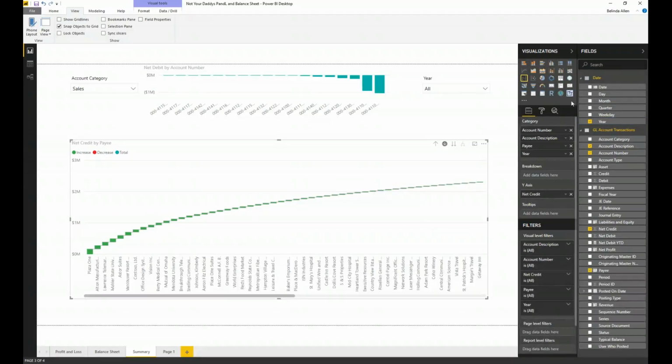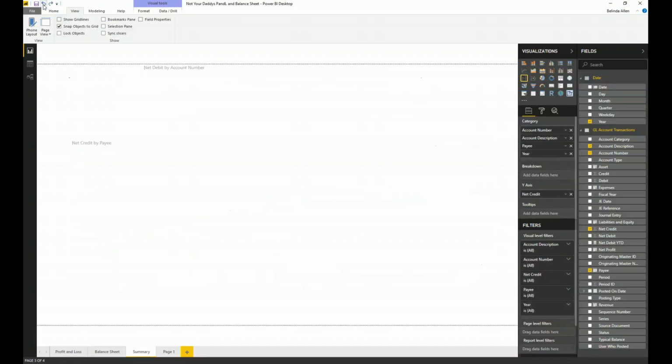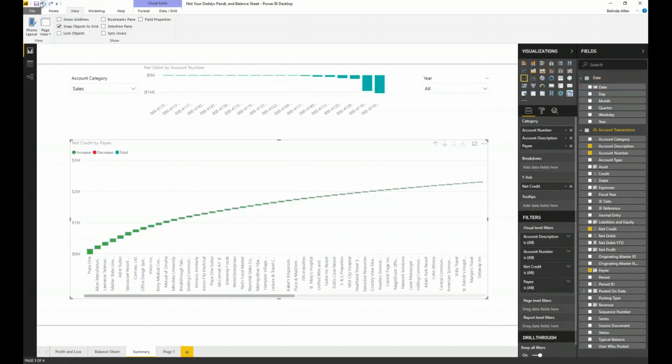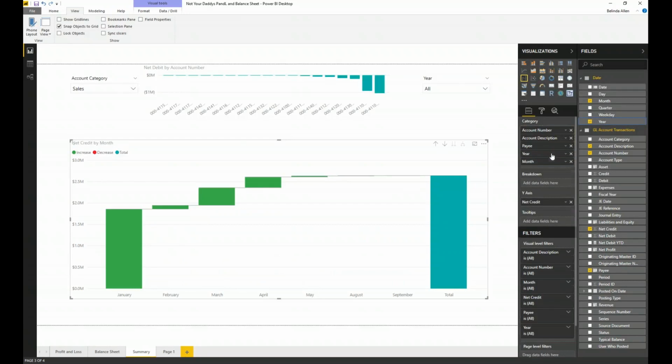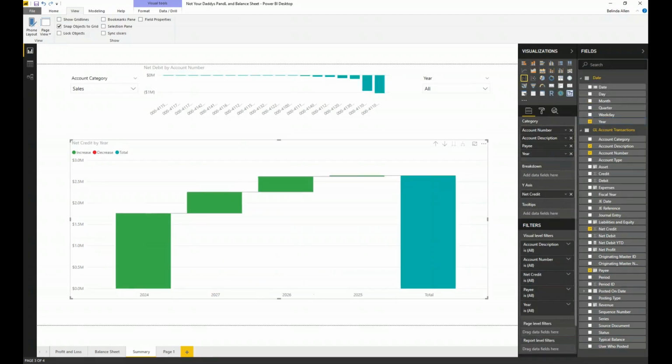And why did that not work the way I wanted it to? Let's go back. Gotta love undo. All right. So I want to put year in there. Get rid of month. There we go.